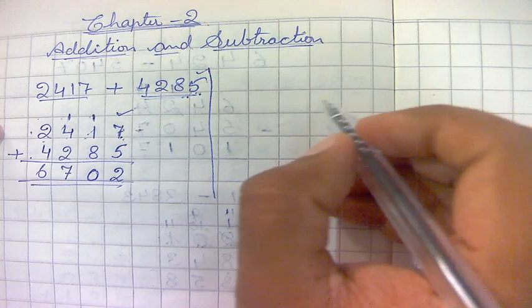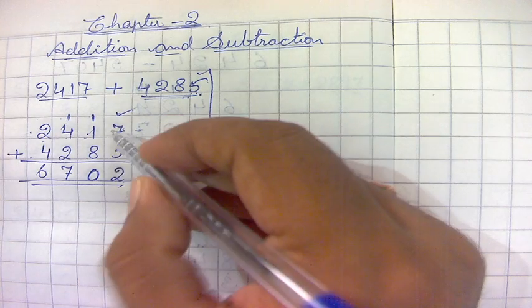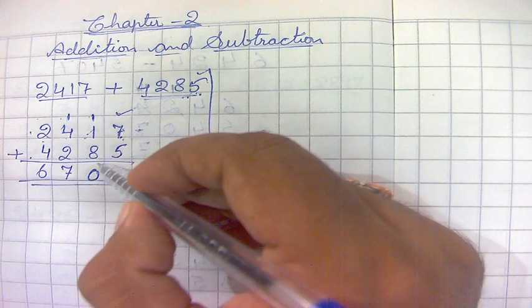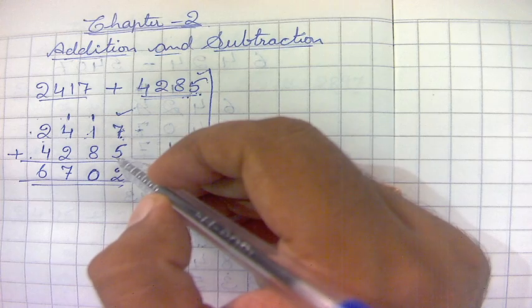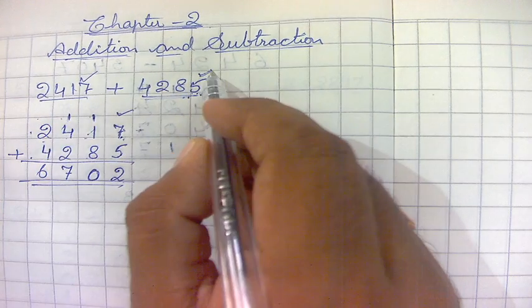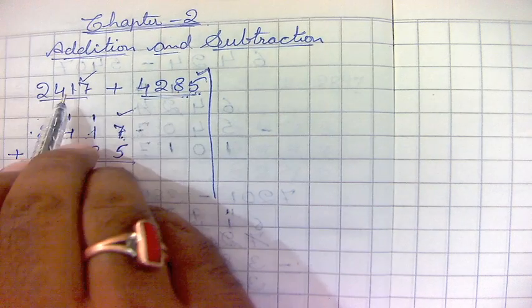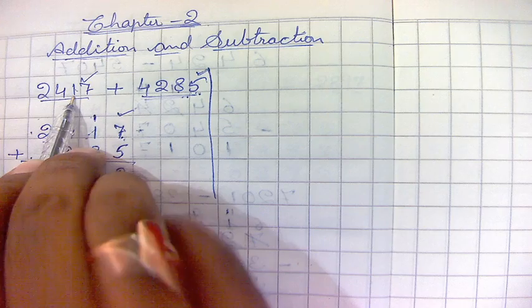Only the thing you have to keep in mind is while writing the digits, आपको ध्यान ये रखना है कि जब आप digits या numbers को एक दूसरे के नीचे लिखते हो तो digit से digit मैच करना चाहिए. जो ones digit है वो ones digit के नीचे ही आएगा, जो second number का tens digit है वो first number के tens digit के नीचे लिखना.